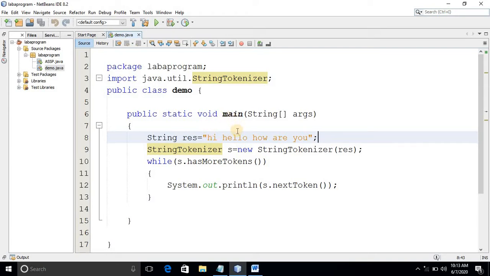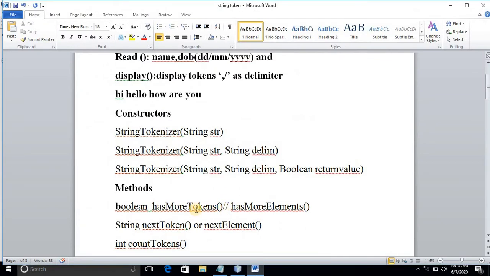Next, it has a token, yes, hello. How, are, you. When it reaches you, after that it doesn't have a token, so that time it will return false. So hasMoreTokens will return true when it has tokens, and false when it has reached the end of the tokens. Similarly, hasMoreTokens as well as hasMoreElements, both are the same.